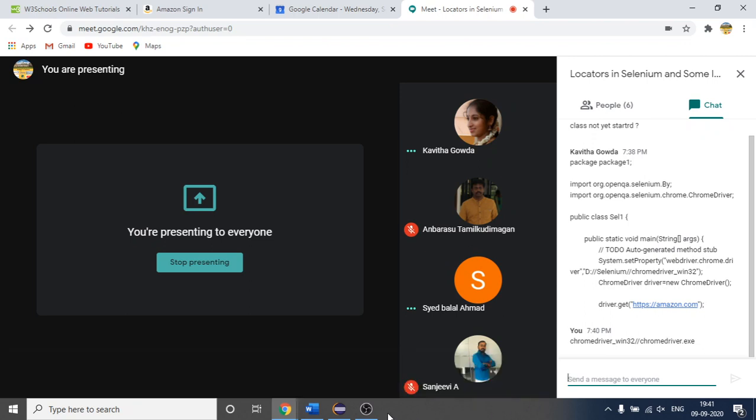Share your code, please. Can you please share your code on that, which one I was saying on Classroom? See, one thing I would like to tell you: whatever code you are writing, please try to execute it on Chrome only. Selenium is more stable with Chrome if I compare it with Internet Explorer and Firefox. So try to write it in Chrome only. This is just a suggestion, otherwise it's up to you. Anyway, you can share the code, and I will check it. We'll get back to you.